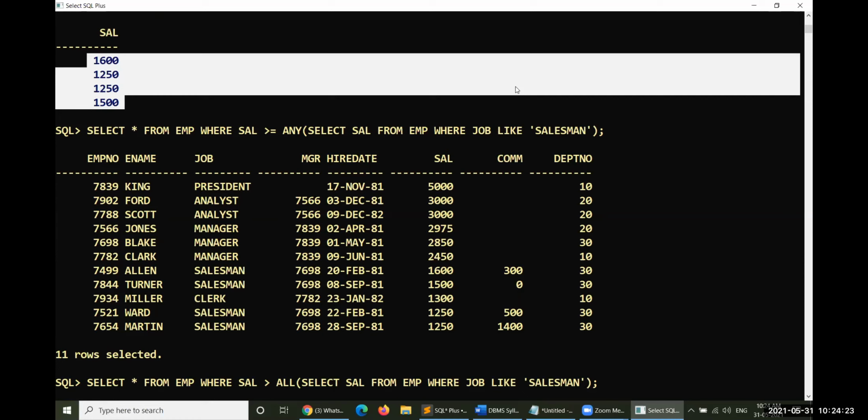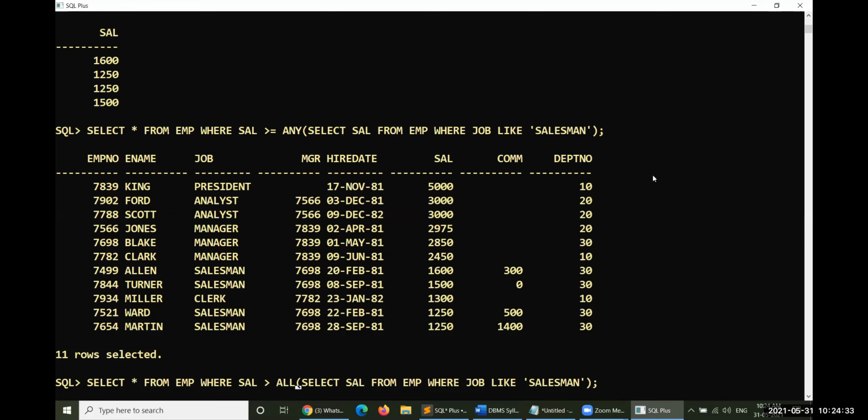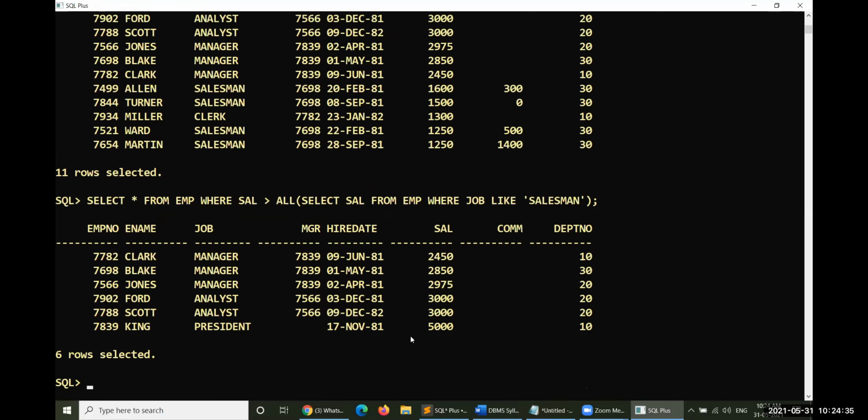That maximum value is 1600. Therefore, the people who are getting a salary of more than 1600 will be displayed. Let us see whether it is doing the same thing or not. Look at this, these are the people who are getting more than 1600.